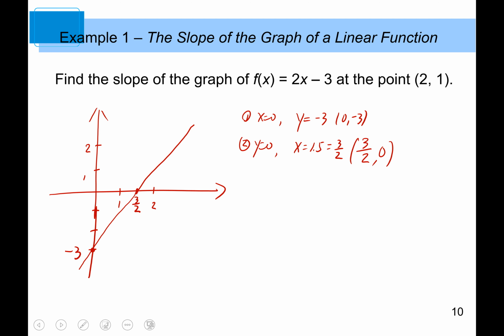And we basically want to find out the point (2, 1), that's right here. We find the slope at that particular point, right? The slope of the tangent line at that particular point. So then we're going to use the